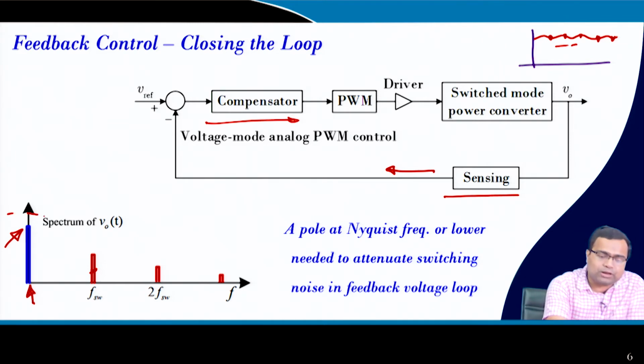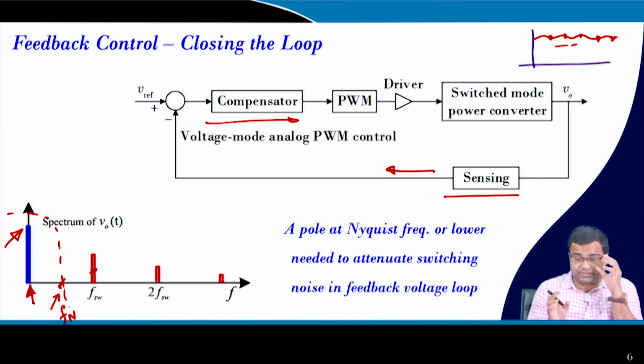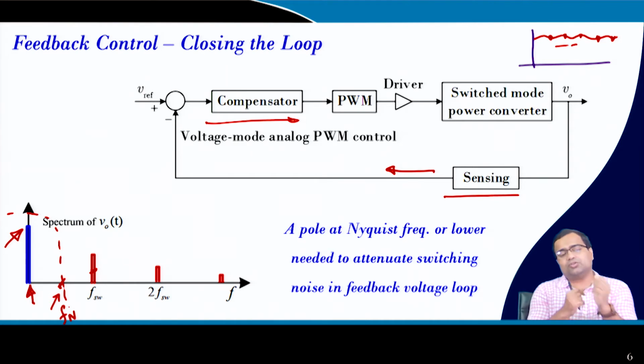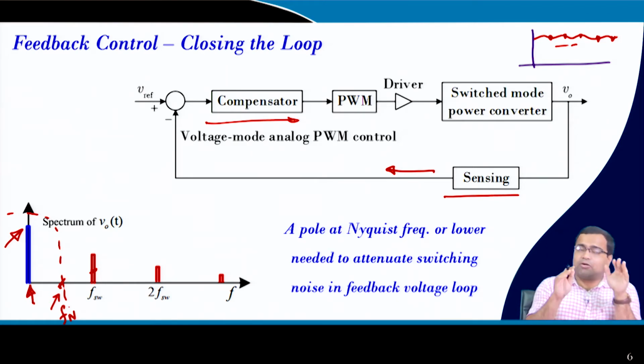So, we need to put a low pass filter here. Typically we call this the Nyquist frequency, F Nyquist, because it is generally half of the switching frequency. Our averaging technique is not valid beyond Fs by 2, which is half of the switching frequency. And our small signal model, we will show, is not valid even beyond 1/10 of the switching frequency. Okay. So, we are talking about the Nyquist frequency, where the validity of the average model ends; the average model concept is not applicable beyond that.